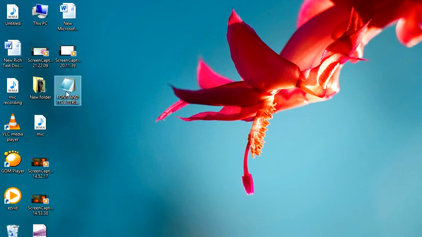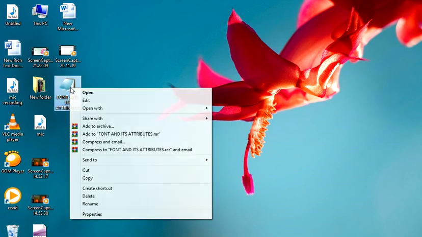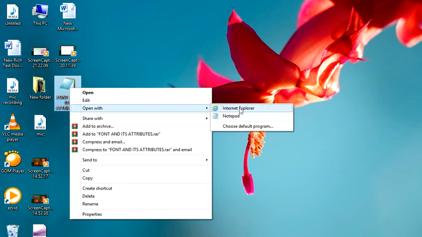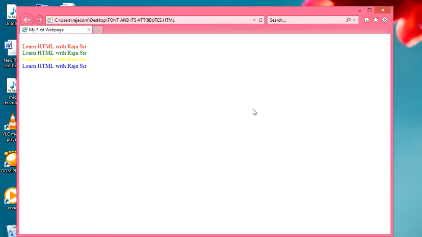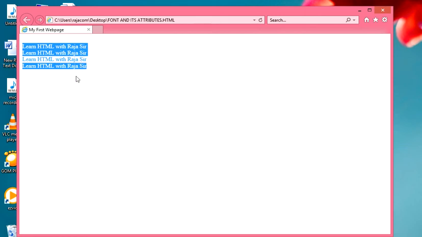Again right click, open with Internet Explorer, because you want to see your web page. If you click on notepad, it will open in notepad where you can type and edit your code. And if you click on Internet Explorer, it will open your web page. Yes, now you can find all the lines in four different colors.